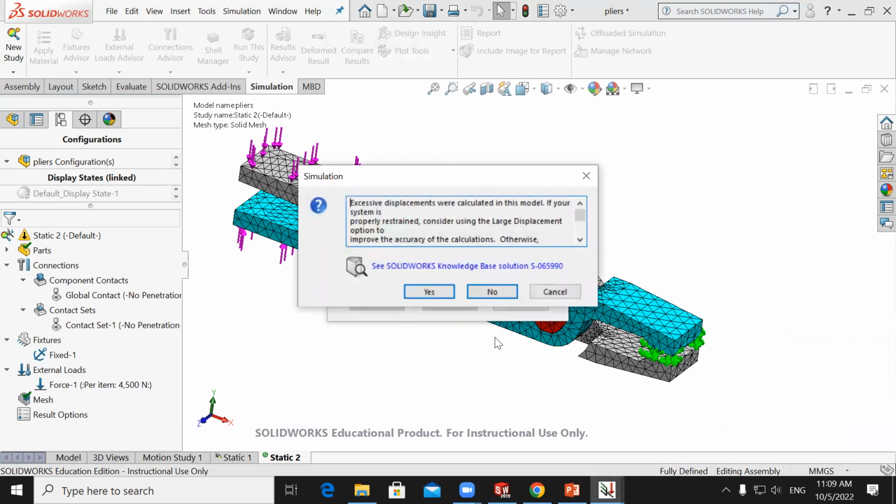And then we have just some message again that we just found the excessive displacement. It's like now we have a large displacement, and they just ask us whether we are going to calculate with large deformation or calculate without the large deformation. So this one is like,